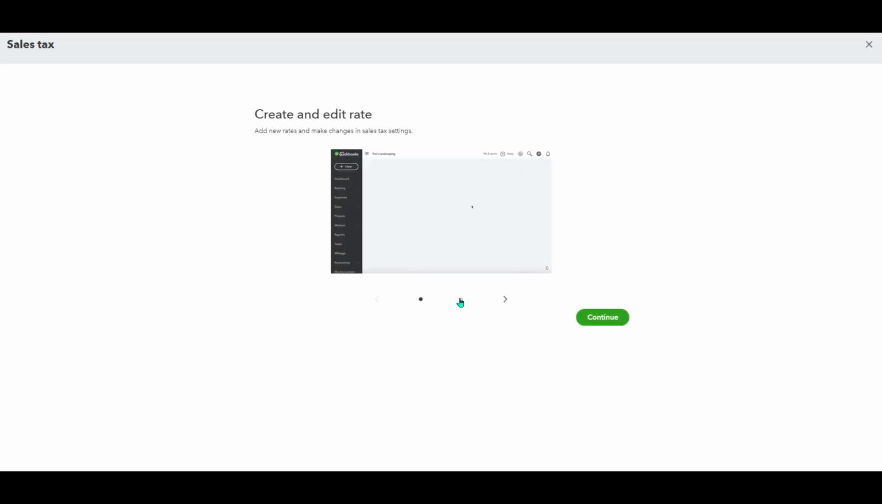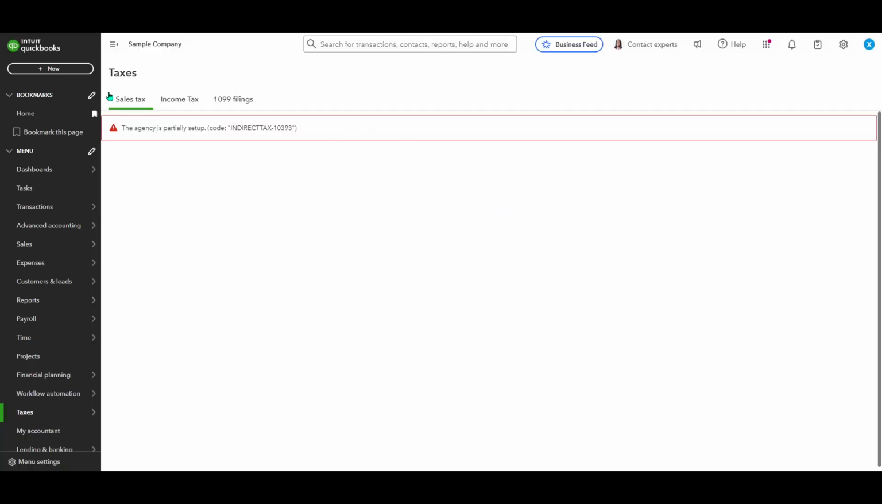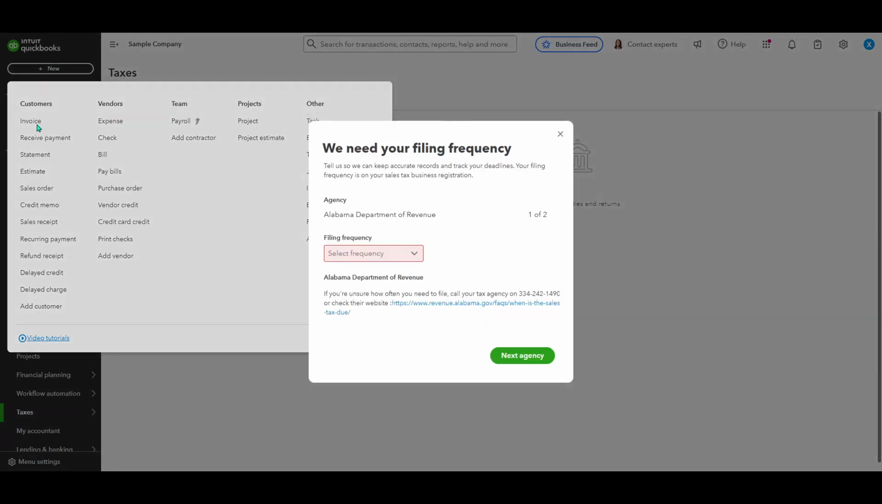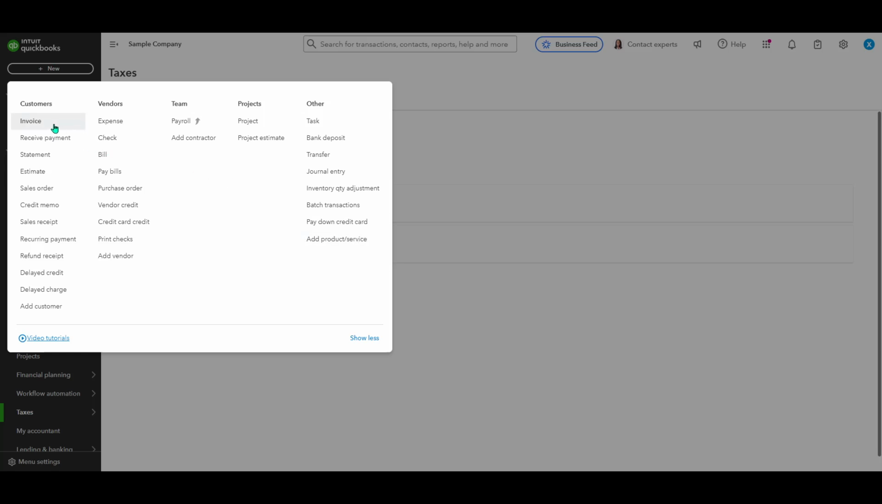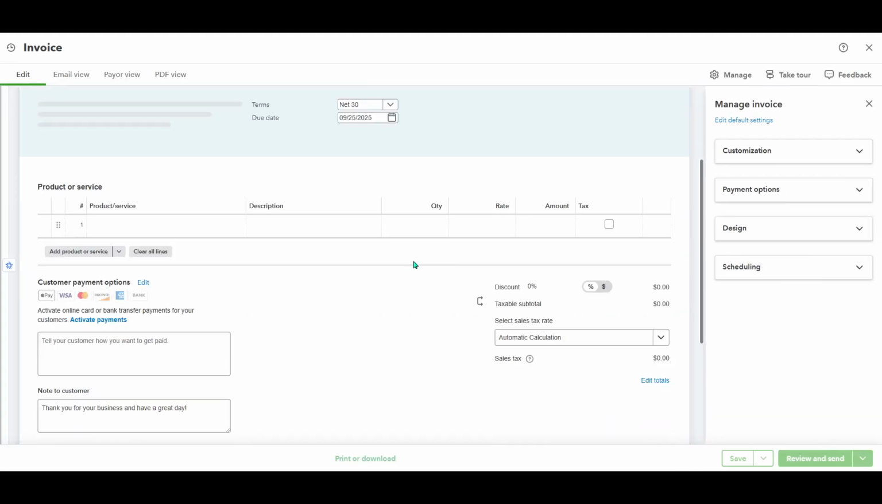Now that everything is set up, you're ready for the final step, applying the sales tax rate to your invoices. When creating an invoice within QuickBooks Online, you will now have the option to select from the tax rates you've just set up. Make sure to apply the correct rate to each invoice, reflecting the appropriate sales tax for your transactions. And that's it. With your sales tax now set up in QuickBooks Online, you're equipped to handle your financial